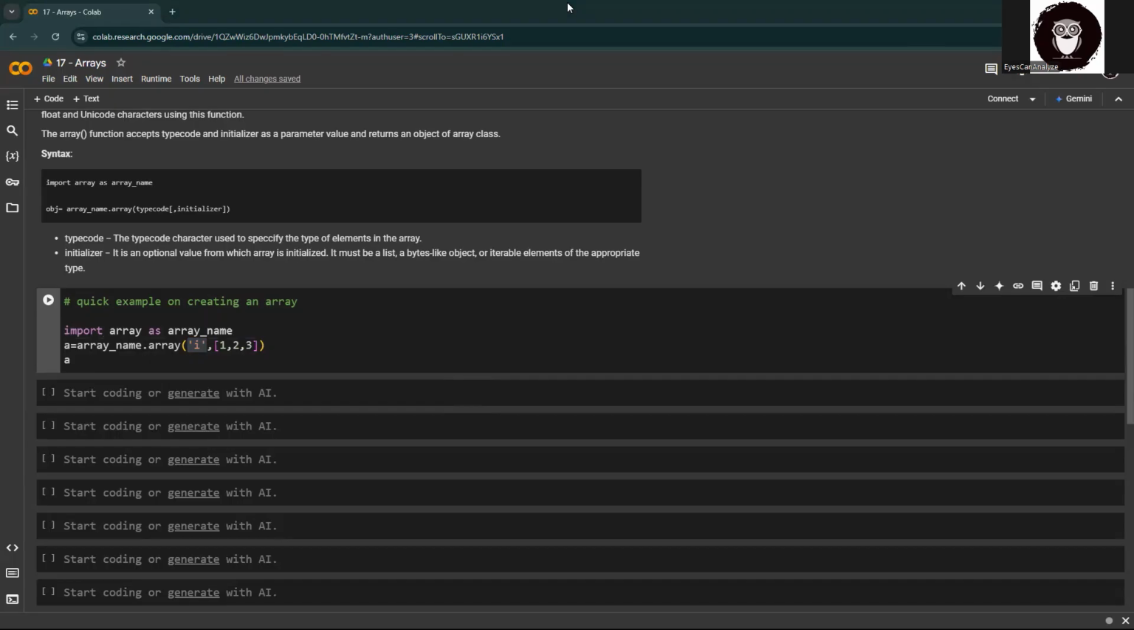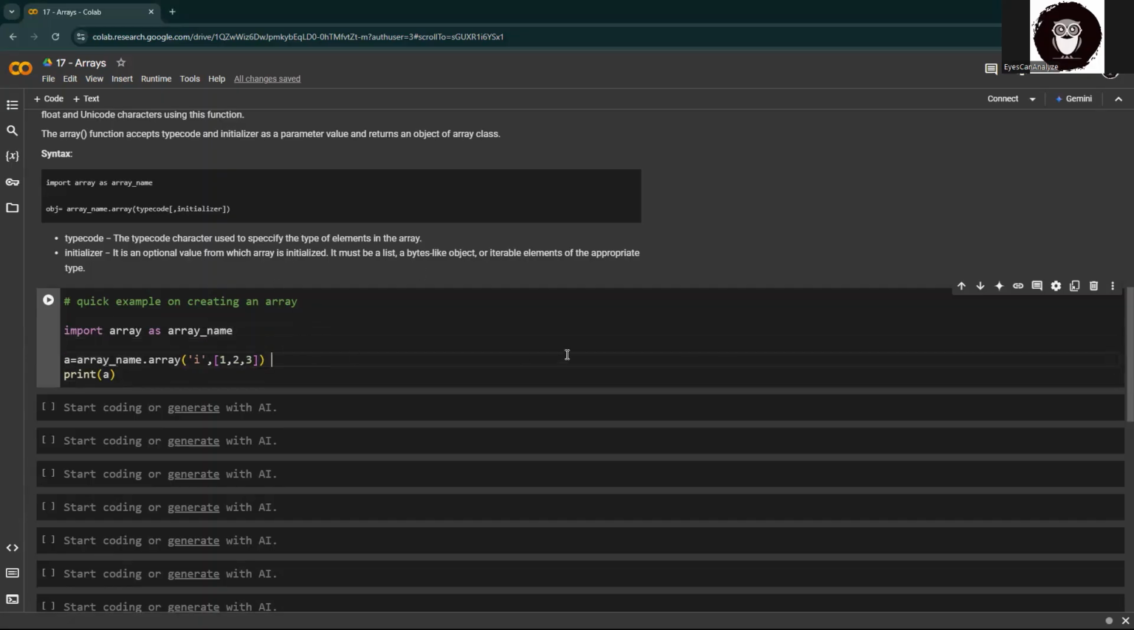That is for signed integer. I'll tell you what all other options that we have. And then we'll try to print the array that we have got. This array that we have created is an integer array. Okay. Same way, we can create